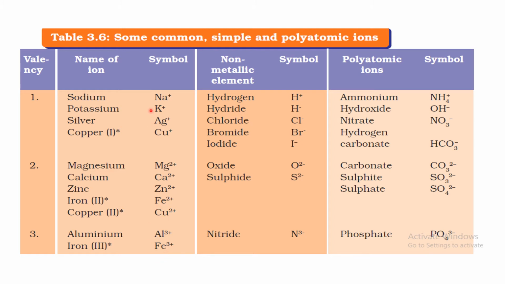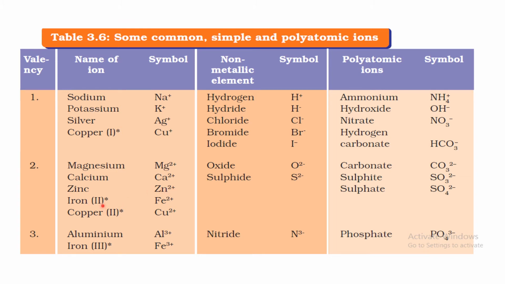You can see that generally metals have positive valency, as we have discussed before, that metals have positive charge because they lose electrons. Because they lose electrons, the proton number is more, and the number of extra protons in a particular element after losing the electrons is the valency of that metal, and that much charge the metal carries. Like calcium, it loses 2 electrons, so it has 2 plus charge, its valency is also 2. Zinc also loses 2 electrons, its valency is 2, and it has 2 positive charge because 2 protons are extra after losing electrons.